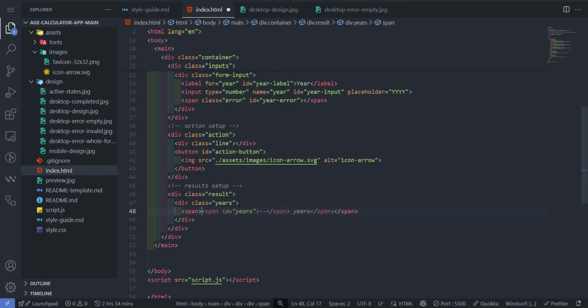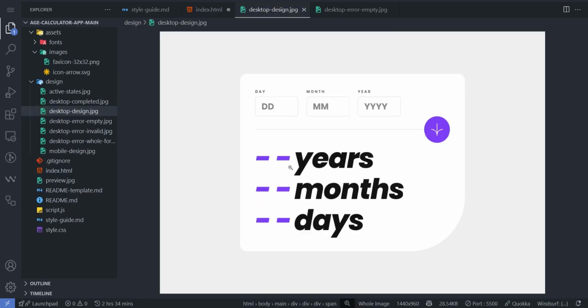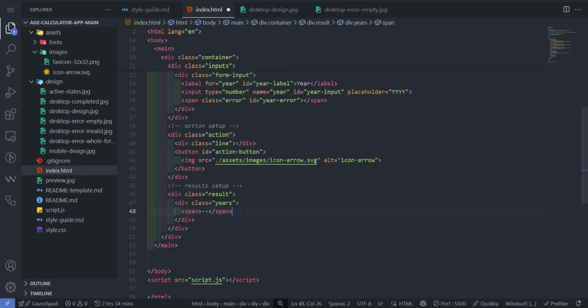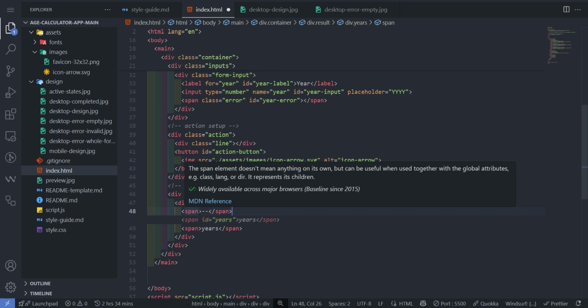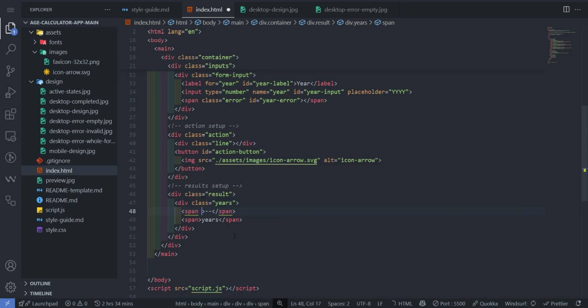And the first span is just going to have dash dash because that's what is in the design, while the second span is going to have the years. And then each of them is going to have a class. So we'll give it a class of value because that's where the value is going to come. And then we're going to also give it an ID